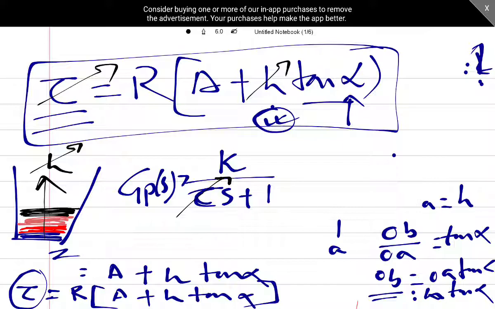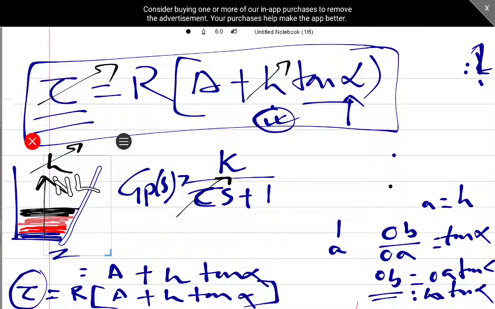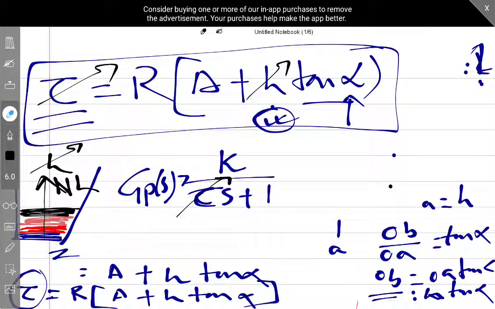So, this time constant is not constant, even though we are considering a time constant is constant term, but here you see as time progresses, as height changes, the time constant never becomes constant. Okay. So, this is due to the system is non-linear in nature. Hopefully, you have understood the concept.